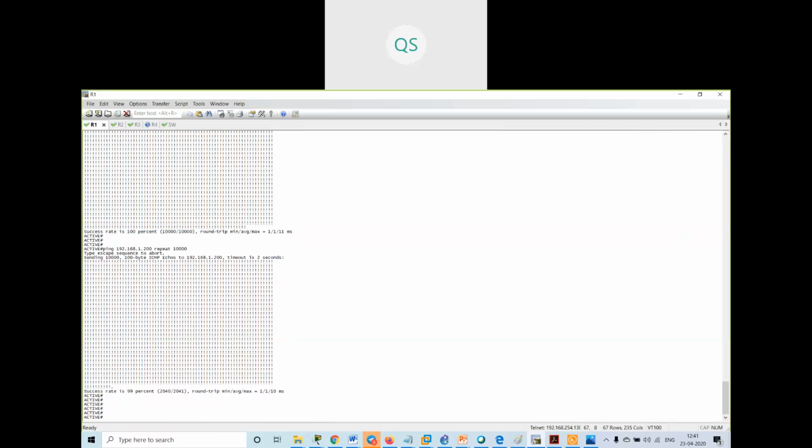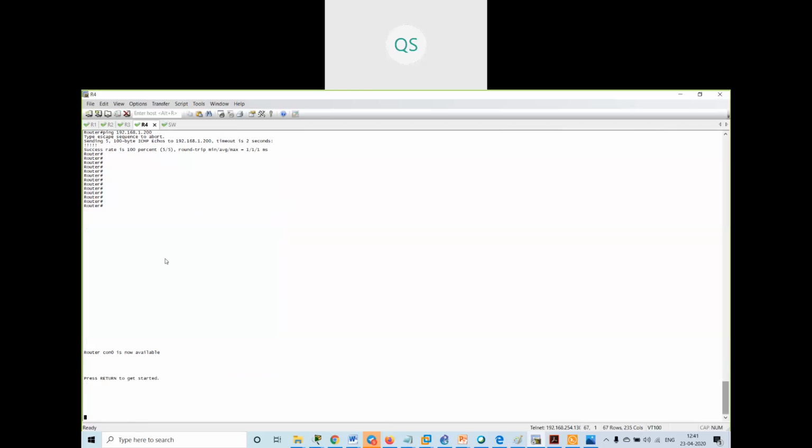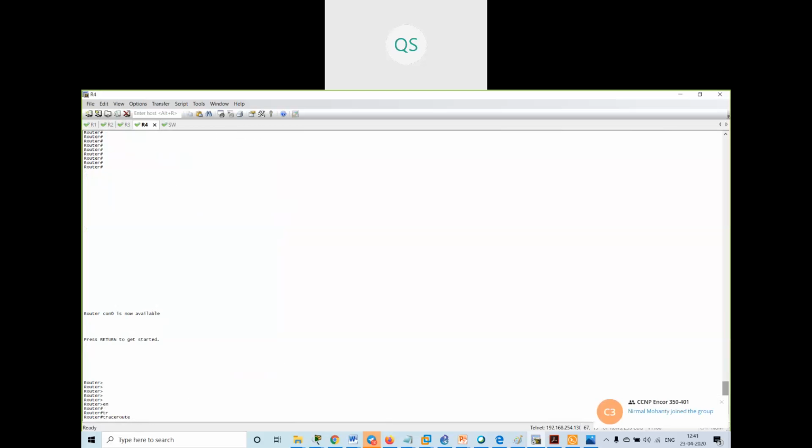Okay, so how I will show you now. See, config t. I am pinging over here. I will go over here and trace the route to 12.0.0.1. Tracing the route to the router.